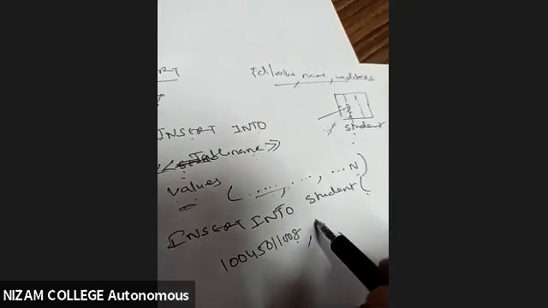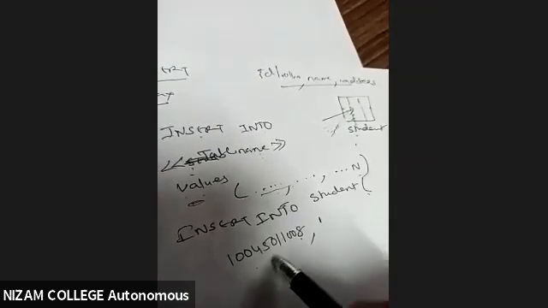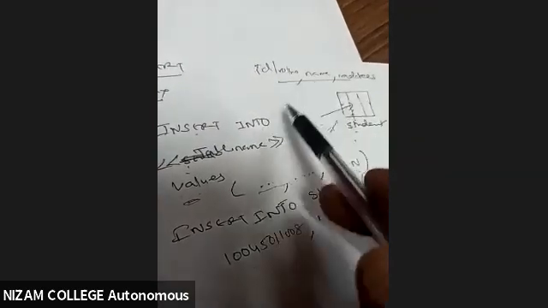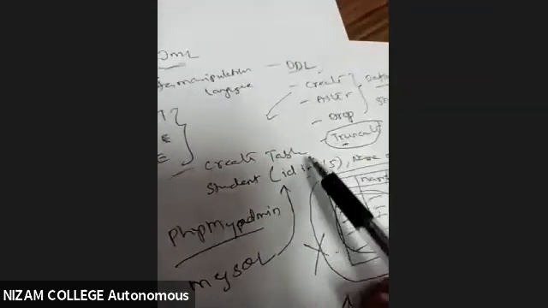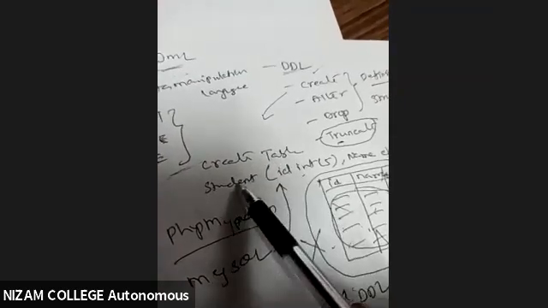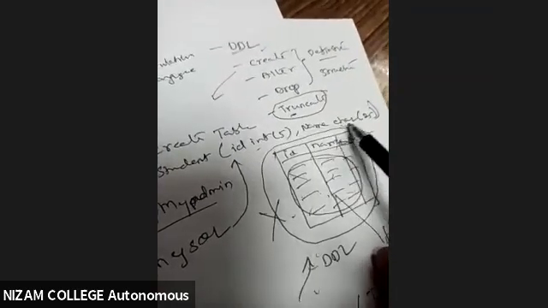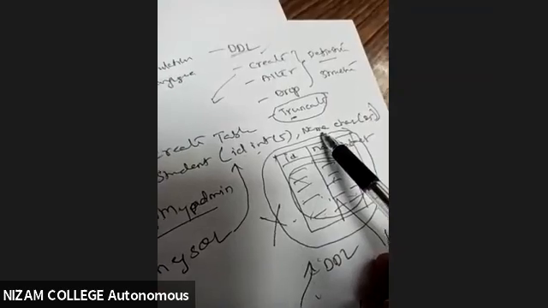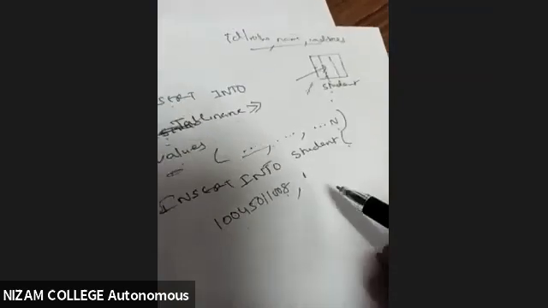Then name. When I'm saying name, it should be enclosed in single quotes. This you have to remember. When I'm talking about numbers, I have not enclosed anything in quotes. But when I'm talking about characters, because our structure says character. When I created the table student, ID accepts numbers and name accepts characters. So when I'm writing alphabets, you should be very careful that they are enclosed in single quotes. Not double quotes, only single quotes.